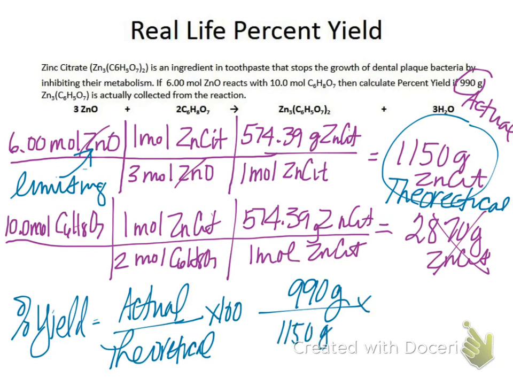We need significant figures for this. Well, you know what my answer is going to be. How many significant figures do I need? 2. Who said 2? Pat yourself on the back. There's only 2 in this number right here. So it's 86%. Yeah, because they gave us 990, which was 2 sig figs. Now up here we needed 3, here and here, because we started with 3. Okay? Any questions on this?